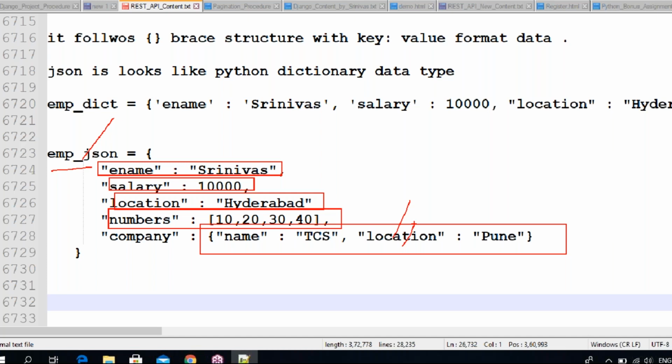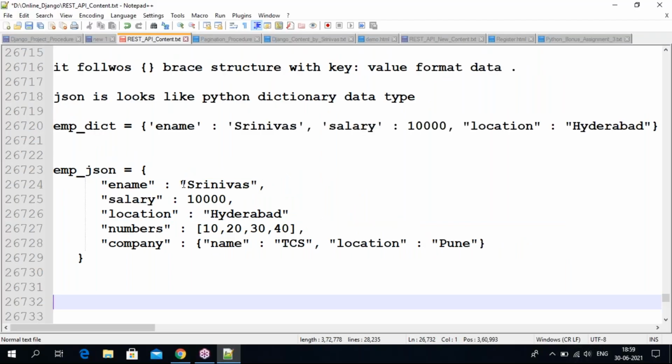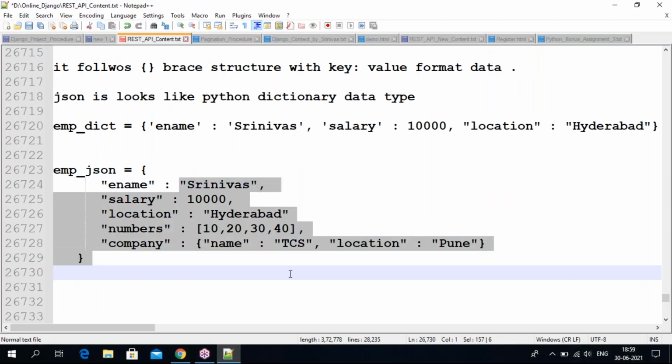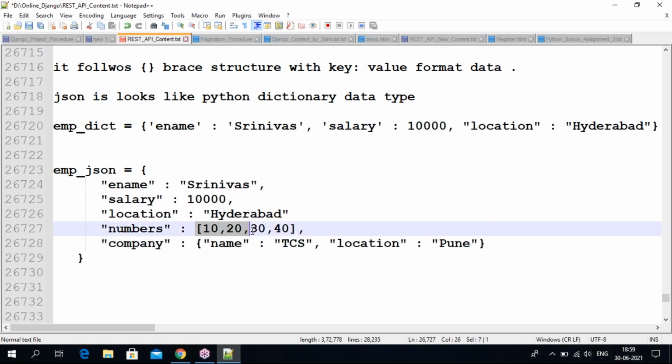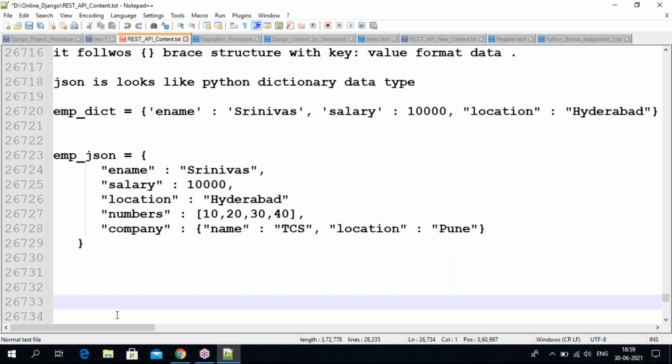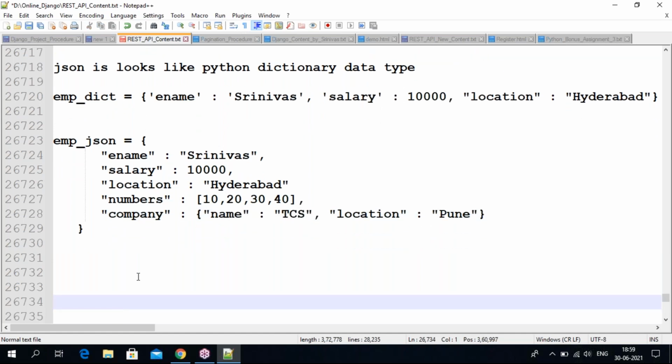Okay, this we are calling an array. This we are calling an array. This we are calling a string. This is a number, and float values also you can write. Okay, so a number of value types we can write, guys. These types are enough. Most of the time these types we are using. So arrays we are using, objects we are using, strings we are using, numbers we are using, depending on the situation.